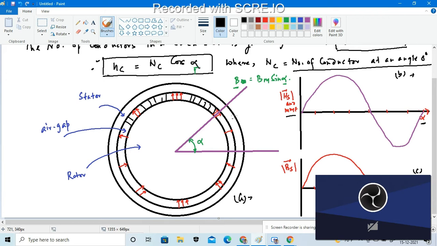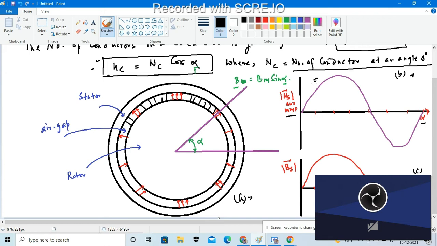So the distribution of the magnetizing intensity vectors as well as the magnetic flux density vectors results in a magnetomotive force which is approximately sinusoidal, not exactly sinusoidal, having higher order harmonic components present in this sinusoidal behavior. So we can use fractional pitch winding.